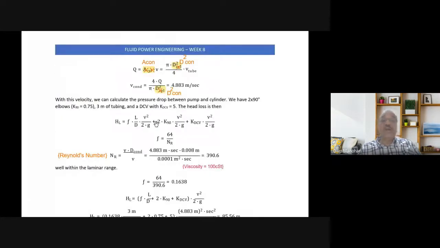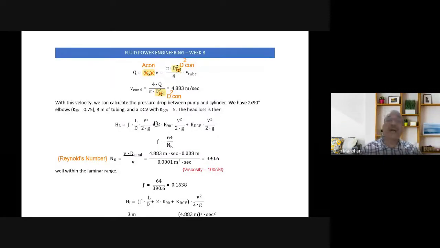So now we conclude that let us use 8 mm diameter with 10 mm OD. Now, what is the velocity? Instead of 6, we have rounded off the conduit diameter to 8 mm ID. With that, Q is known from the piston and velocity of the piston, so we calculate the velocity of the fluid in the conduit. Area into velocity is equal to Q, so the velocity of the fluid in the conduit is 4Q upon pi into d conduit squared. It gives you slightly less velocity instead of 6. It is 4.8 meters per second, which is reasonably good. Instead of higher, it is less, so pressure loss will be less.